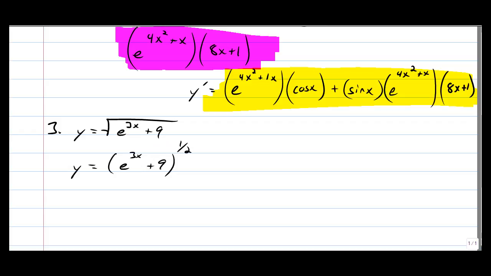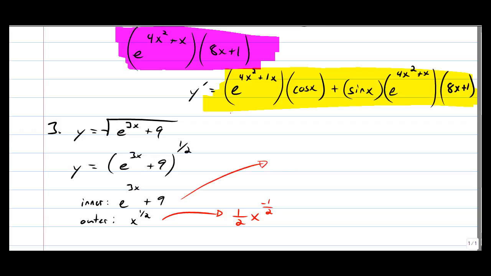I've got an inner and an outer. The inner is e to the 3x plus 9. The outer is x to the 1/2. The derivative of x to the 1/2 is 1/2 x to the negative 1/2. The derivative of the inner,